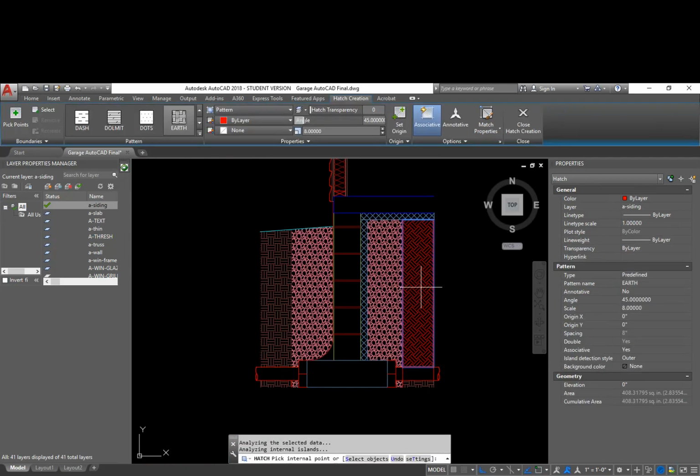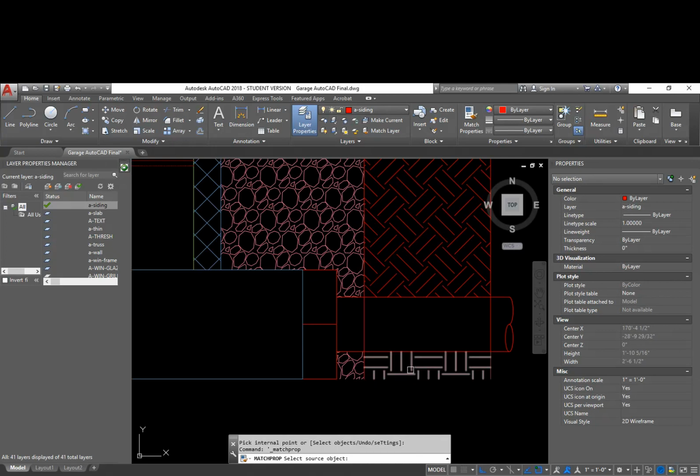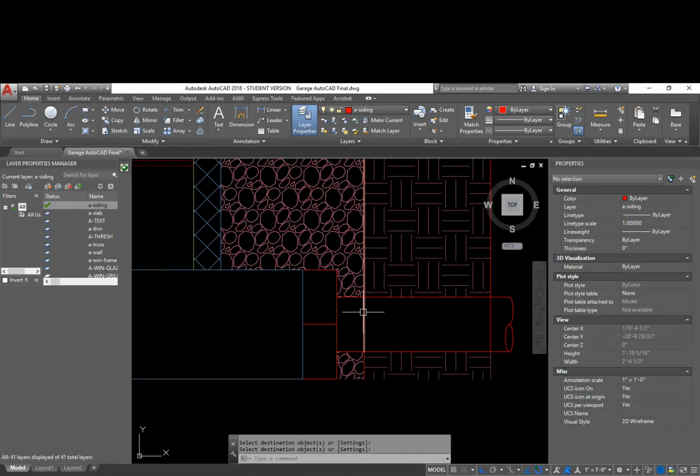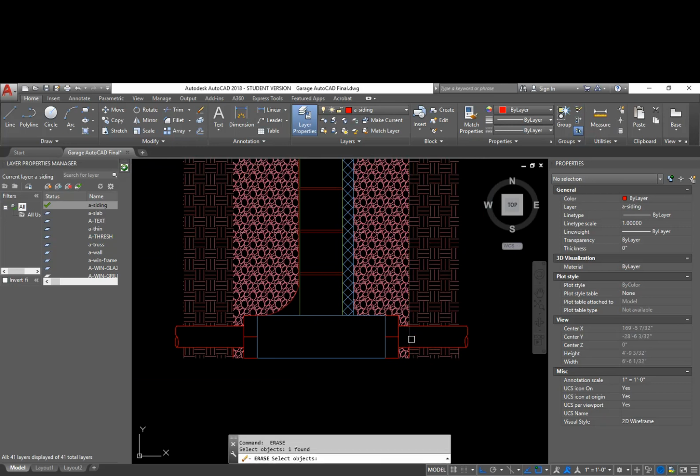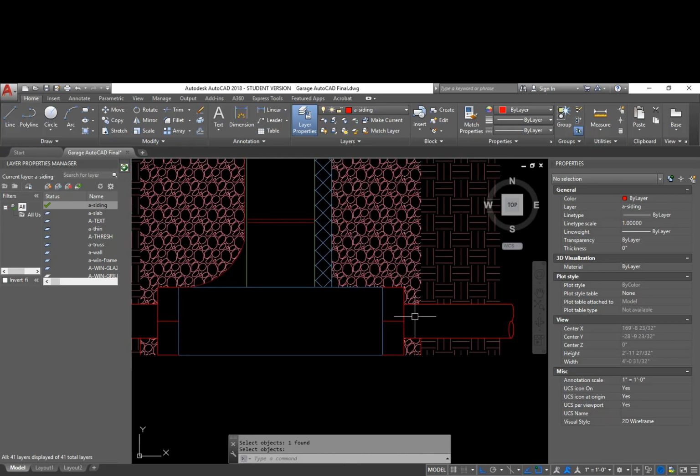I'm going to hatch again, and again I'm going to match properties, and then I'm going to get rid of these two lines. So now my crushed stone, my crushed limestone, is actually going to go around my formadrain here,